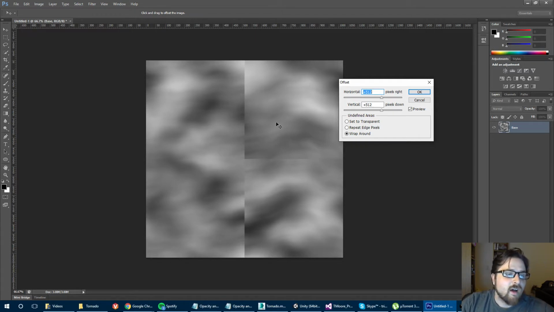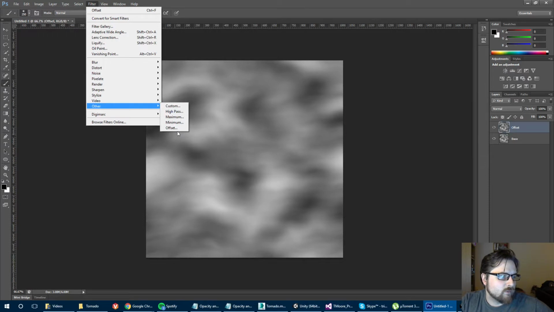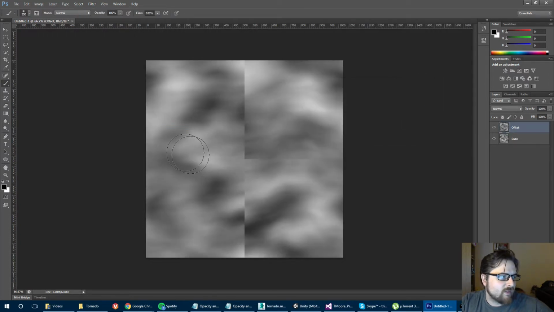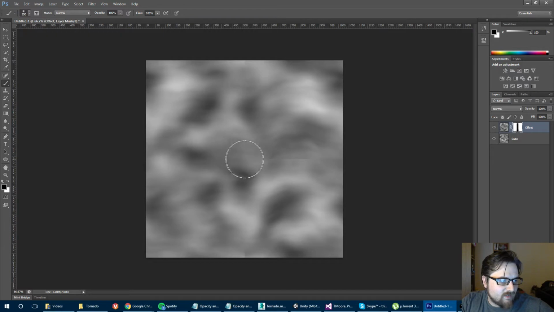A lot of times people will handle it by taking their base, making a copy of it, making an offset layer, then going to Filter, Other, Offset, and then either using a clone stamp or patch tool or whatever it is to try to correct these issues. One way that I've done it a lot before is you add a layer mask to that offset layer, and then you paint with a very soft brush to get rid of